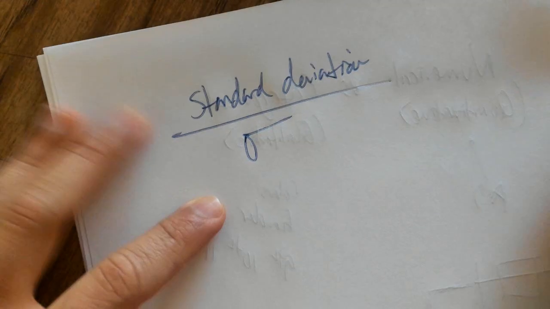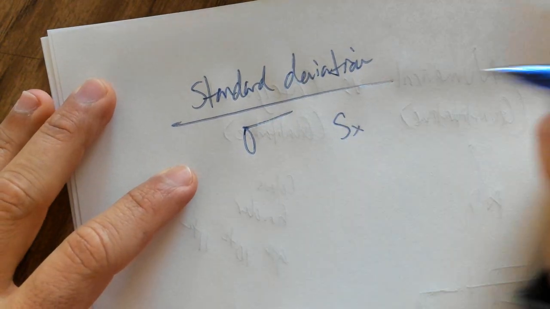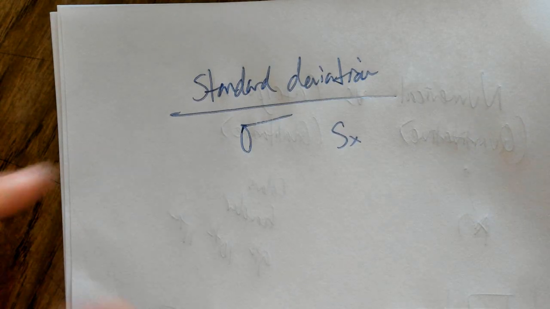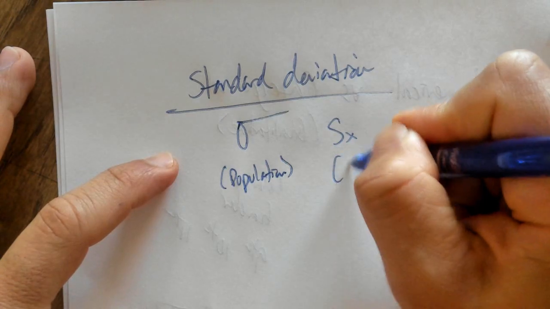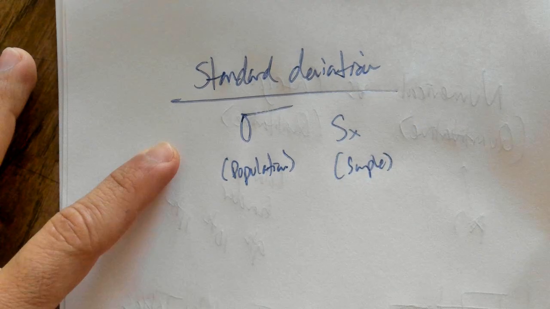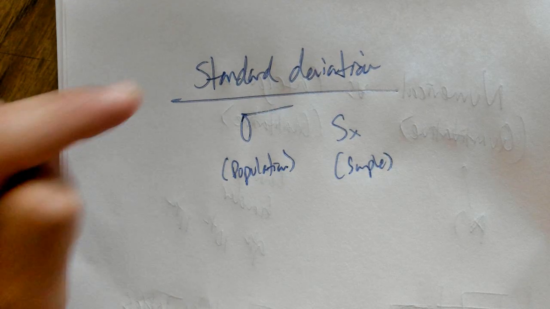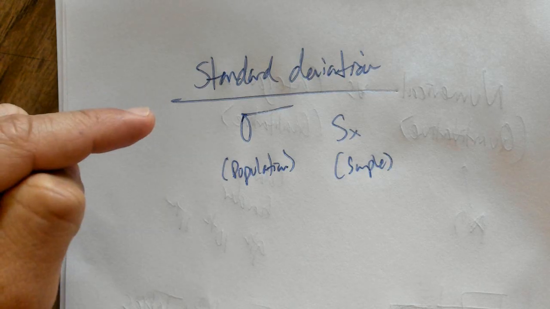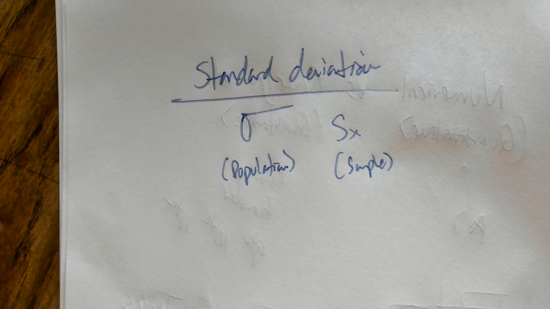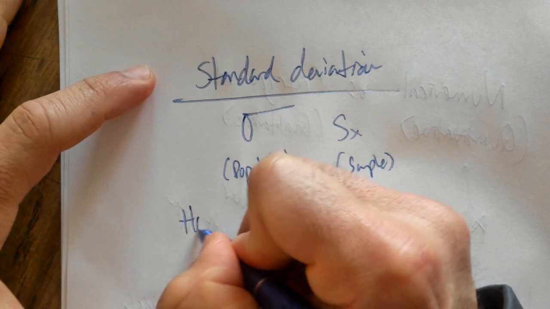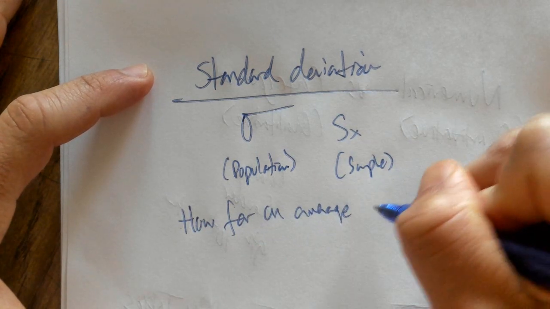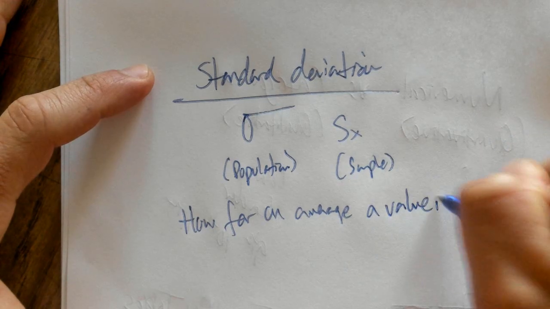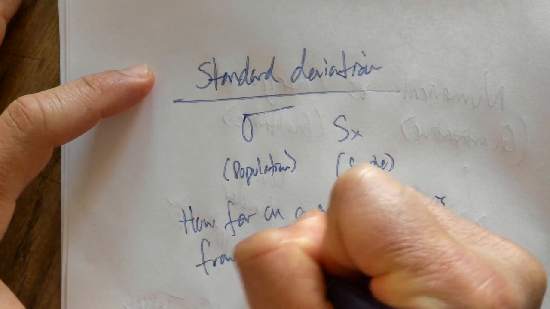can be given this symbol, right? We got sigma, and we have this one right here. These are the most common symbols. This is when you're dealing with the population versus your sample, right? Standard deviation is a measure of how far on average you are from the center, right? So how far on average a value is from the center or the mean,